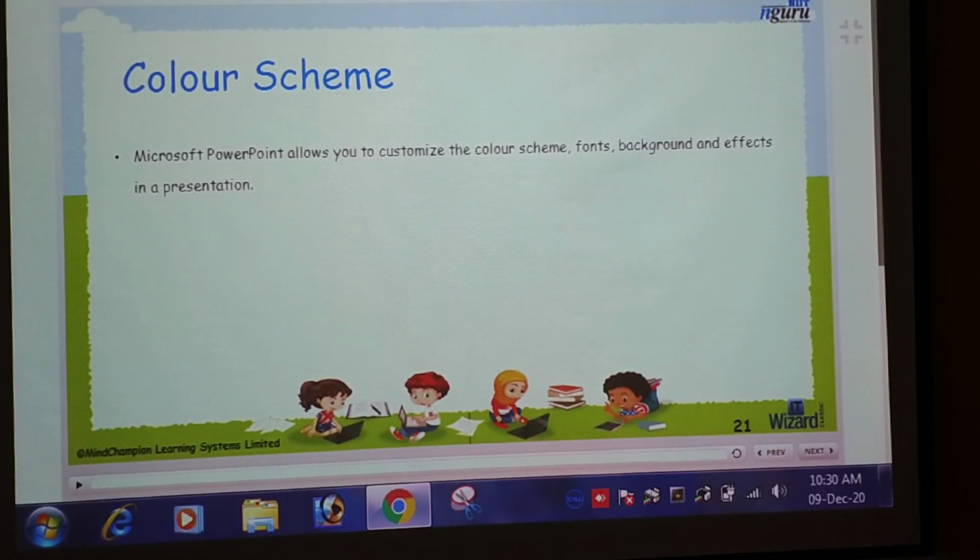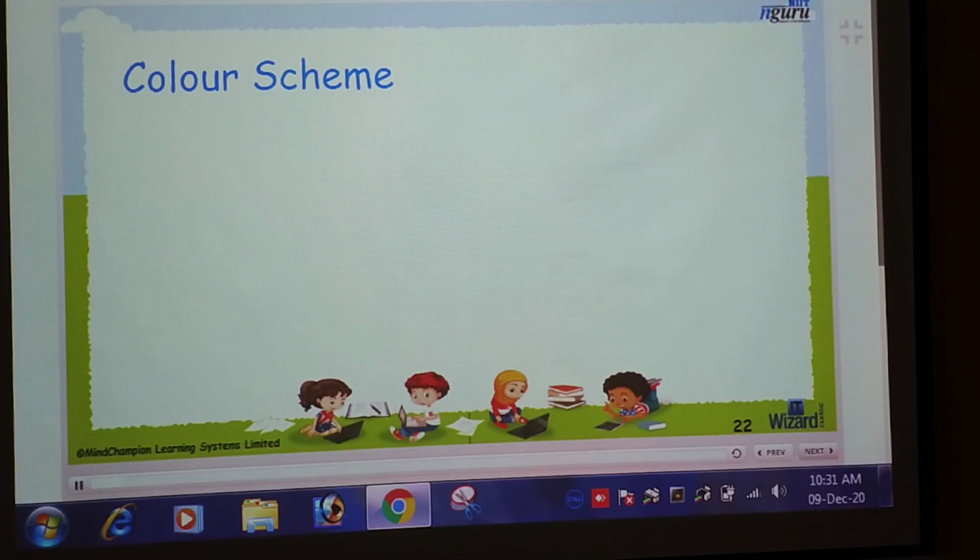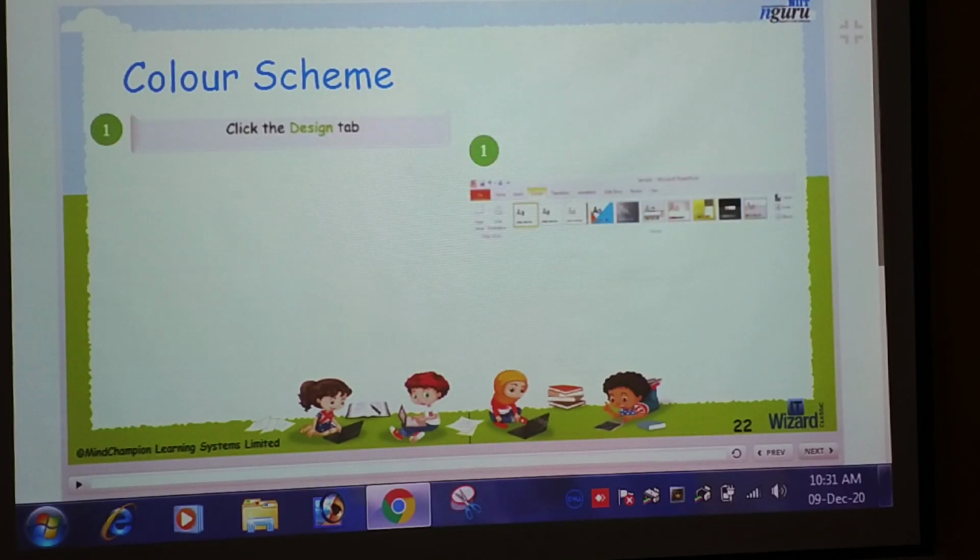Now, how to change the color scheme in a PowerPoint presentation? Okay, Microsoft PowerPoint allows you to customize the color scheme, font, background, and effects in a presentation. Let's see how to change it. First of all, click on the Design tab.